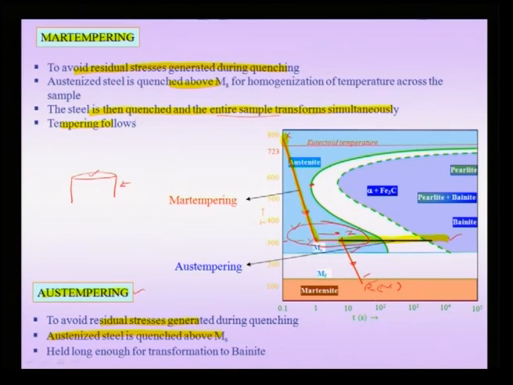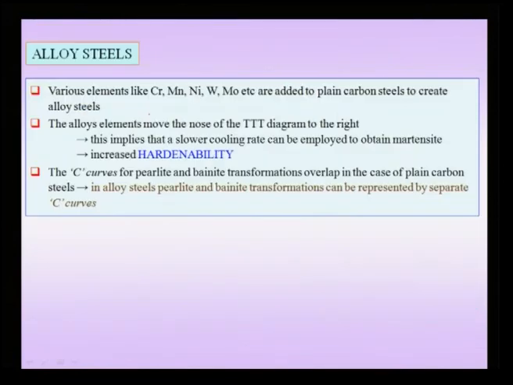Even in the case of martensite, it is needless to say we would like to do some tempering later on to increase the overall toughness of the material. Now, the next topic we would like to consider is alloy steels,